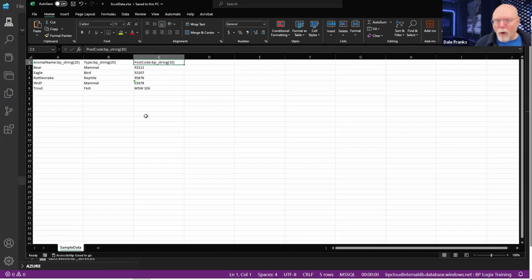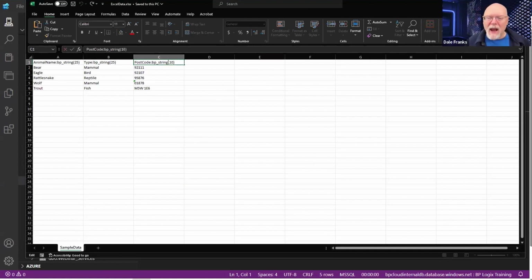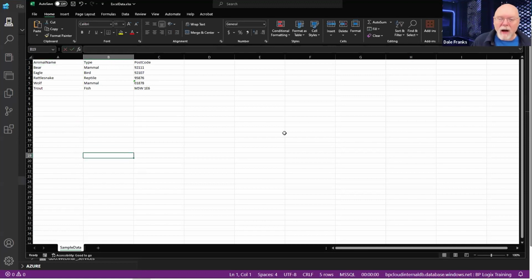When you export out of Excel or out of SQL, the Excel file is not going to have any of this data type information listed. We're going to be back to this with no data type showing at all. We just have a column name.